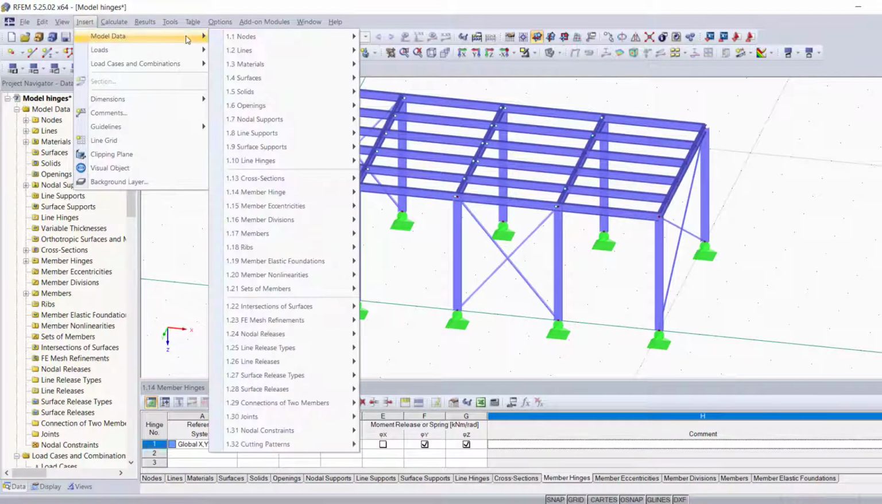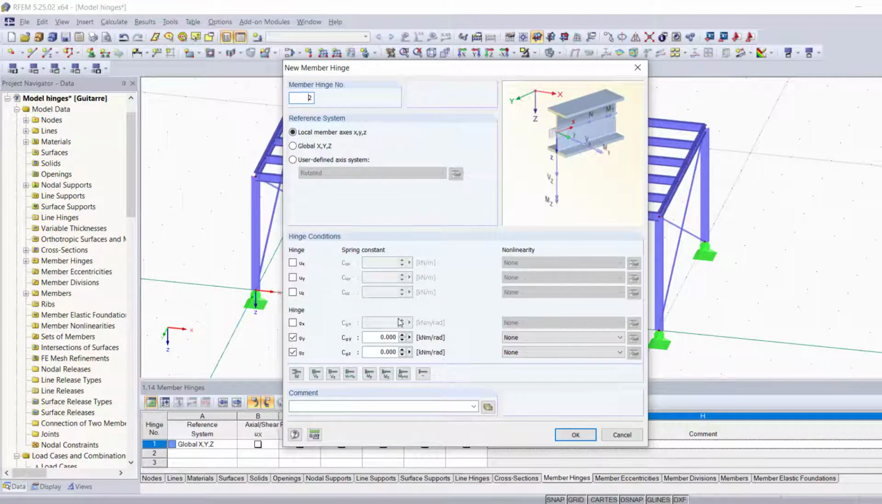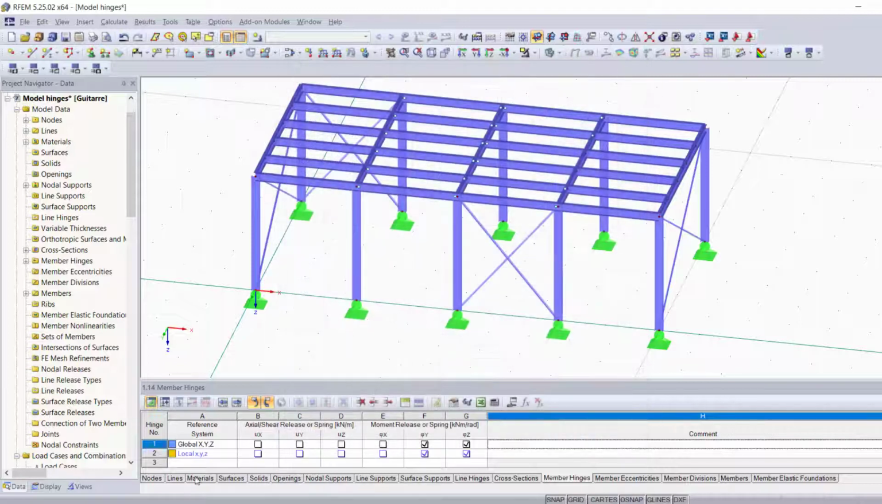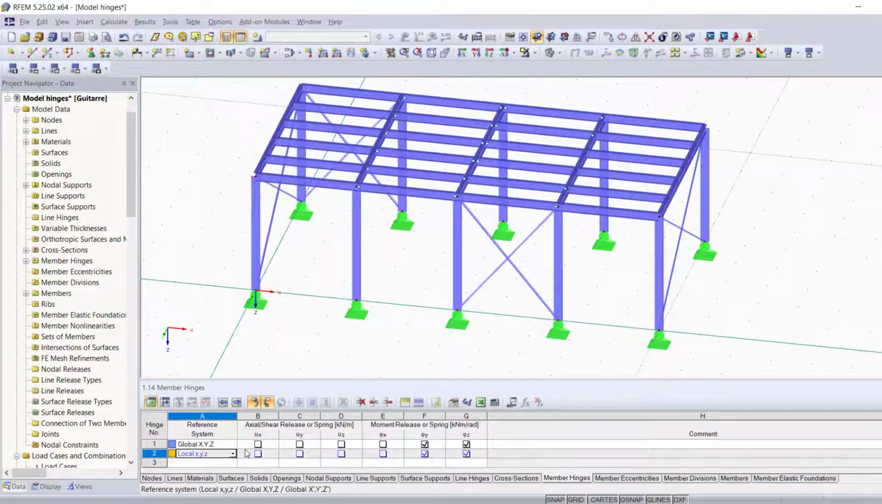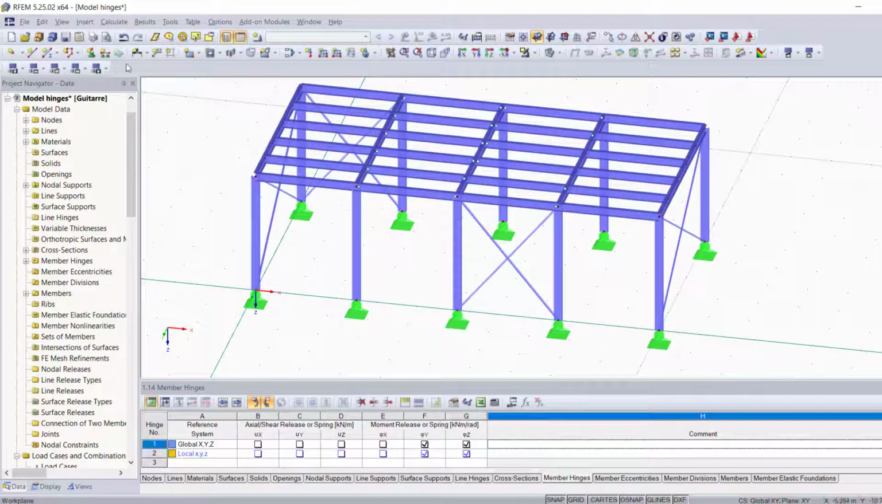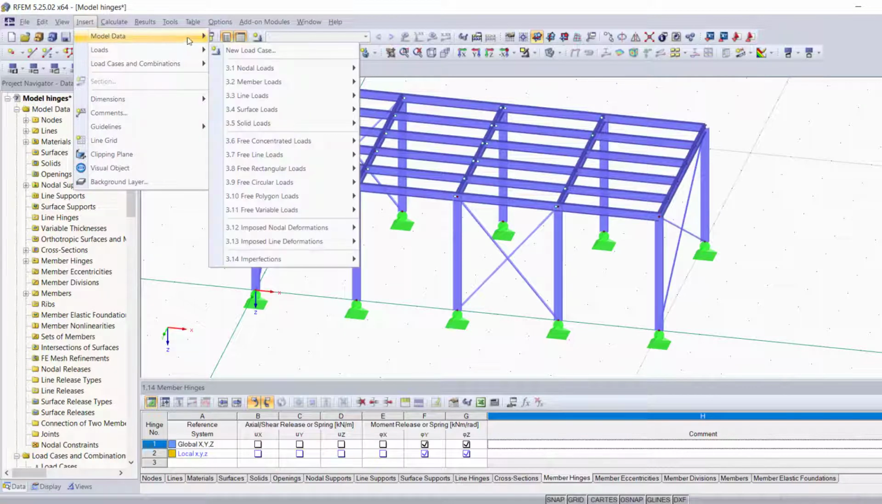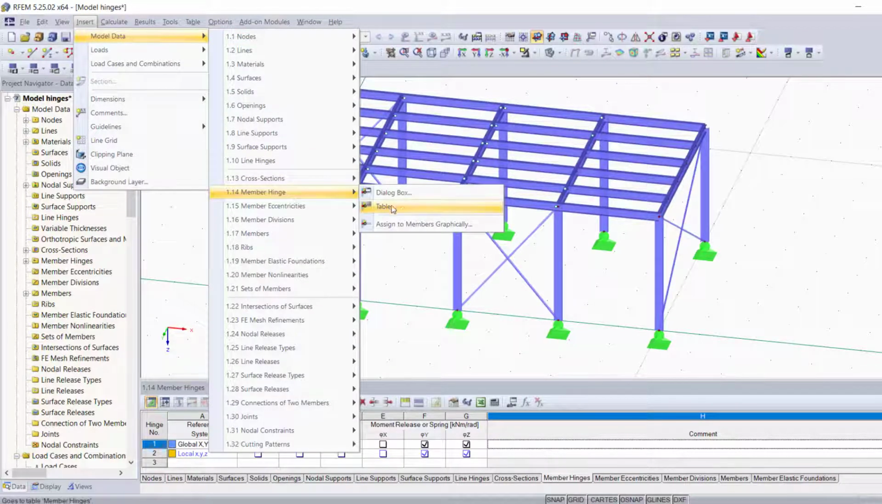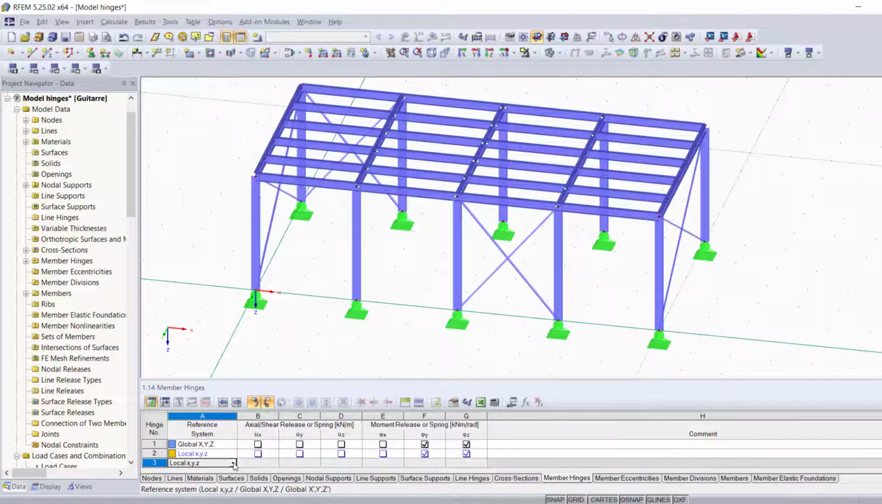The other two methods that I'm going to show you are defining the member hinge through the dialog box before assigning it to any member, which makes it appear as a blue line here at the table. And then you're going to be able to find it in the list of member hinges when you select a member. And the last method would be adding it through the table, which basically means you're going to have to change